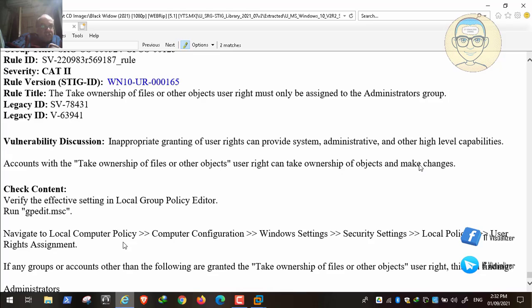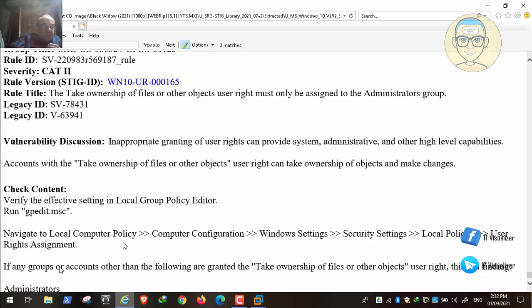An administrator can change this ownership. If a user created a file, he's the owner, but you can remove this ownership and become the owner of the file. The original owner then cannot change the file or do anything on it. For example, if I am Karim and I created an Excel sheet, I am the owner of this file. Ahmed, the administrator, can remove me from the ownership and take it, and now he is the owner of the file. Me as Karim, I cannot do anything to the file anymore after the ownership changes. So this also should be done by the administrators.